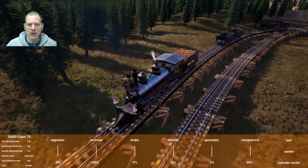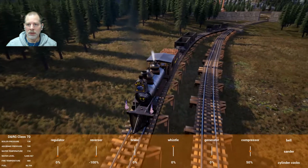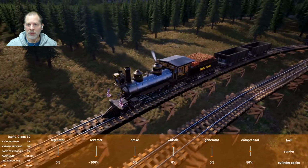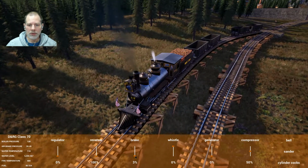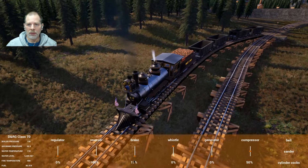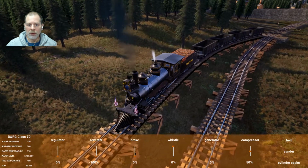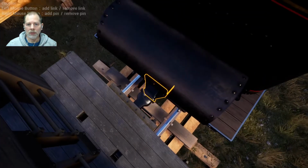So we should be okay as far as that goes, and we just need to back these coal cars together, the hoppers, the iron/coal hoppers, and we could probably slow down a little bit here. There we go. I don't want to hit them too hard and send them off where we can't connect. Did it put the pin in? Yeah, it did. Okay, so put a pin in there,